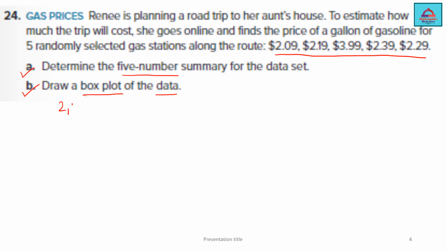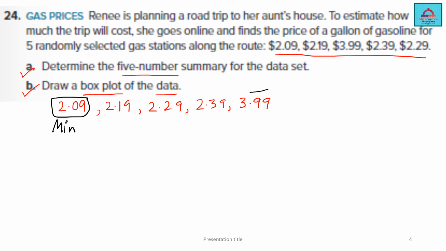Okay, I will just make the decimal now. So 2.09. I'm avoiding the dollars, just writing the number part. So 2.09. Then after that it is 2.19. Then after that it is 2.29. After that it is 2.39, and the maximum is 3.99. So very easy to identify that on the left you have the minimum, on the right you have the maximum,